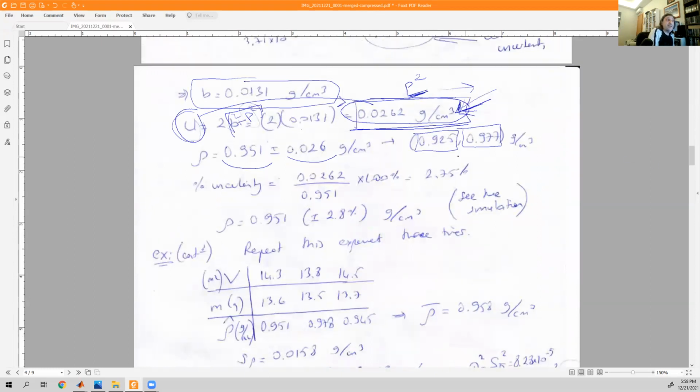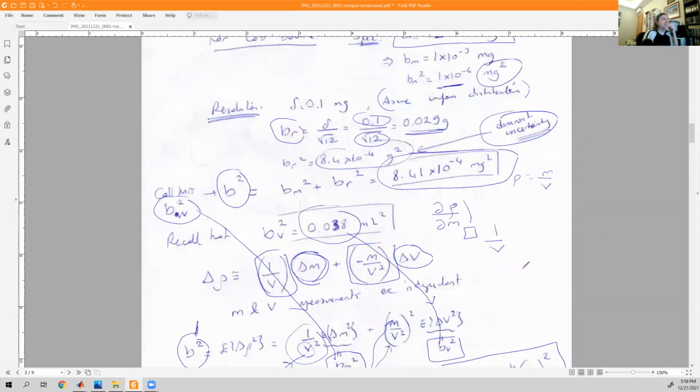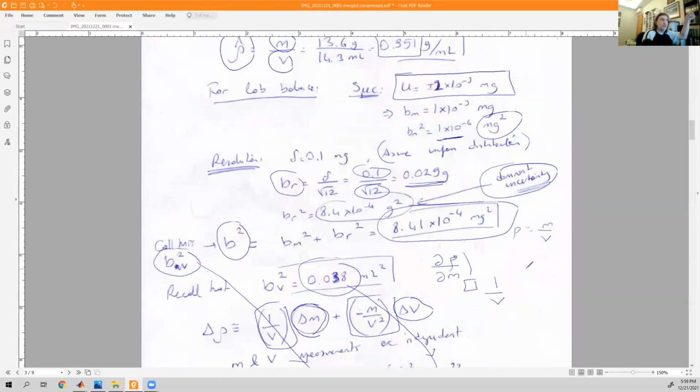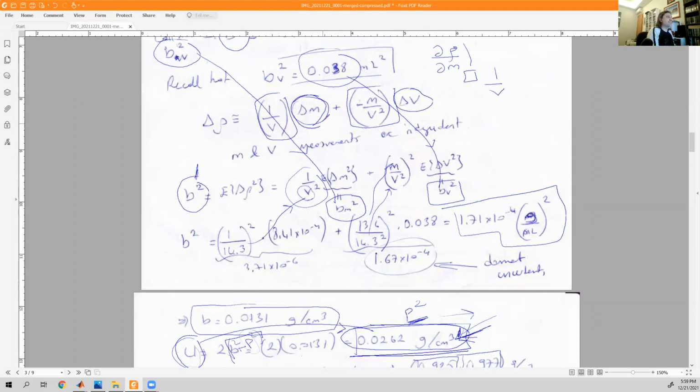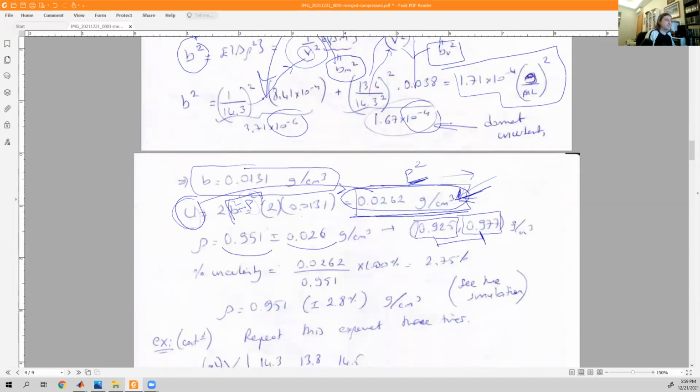So if, for instance, this is a very large uncertainty that you cannot tolerate, then you should go back and see which terms make the most contribution. And here, resolution of both the volume and the mass devices make the most contribution. Let's also compare those two. Which of them is making a larger contribution? This part is a smaller contribution, 10 to the power minus 6, 10 to the power minus 4. Therefore, the resolution of the volume measurement seems to be the bottleneck here. That should be improved if you would like to decrease this uncertainty. Anyway, finding the percent uncertainty,